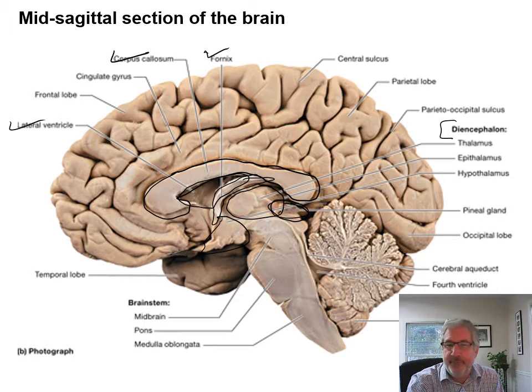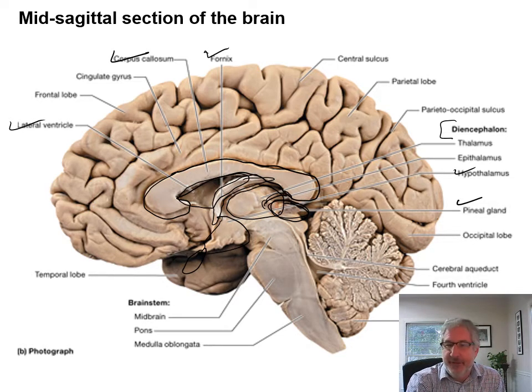And the epithalamus is this area back up here. Sorry, drew it a little too big. It's a little bit higher than that. And that includes a little gland called the pineal gland. The hypothalamus includes a little gland that you can't see here, but it should be hanging off down here. That would be the pituitary gland. And we talked about how that sits inside the sella turcica.